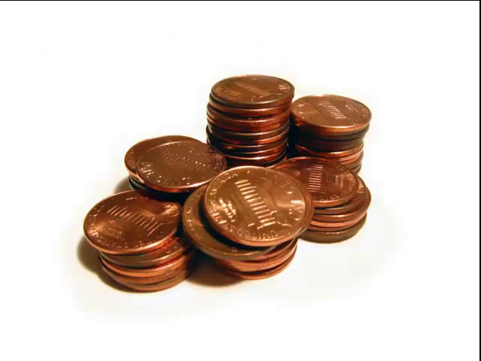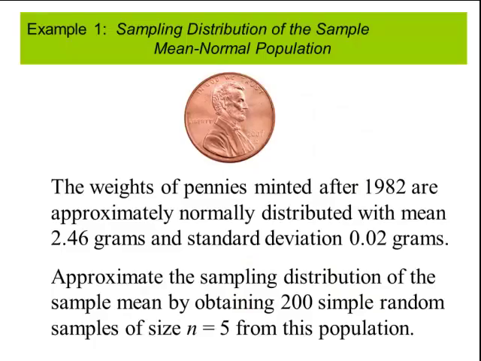Let's look at an example. In this example, we're going to use pennies. The weights of pennies minted after 1982 are approximately normally distributed with a mean of 2.46 grams and a standard deviation of 0.02 grams. Approximate the sampling distribution of the sample means by obtaining 200 simple random samples of size